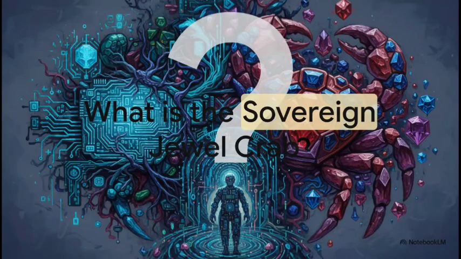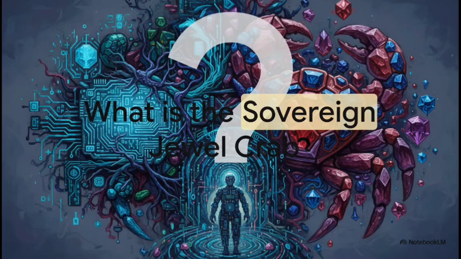So the first big question is, what is this thing? The sovereign jewel crab? Is it an organism? Is it just a complex machine? Well, the source material paints this really incredible picture of something kind of in between. It's a self-governing digital entity, built from the ground up to be totally independent, super resilient, and ultimately